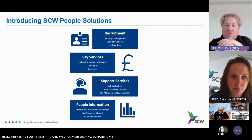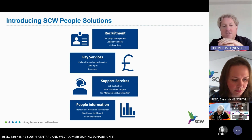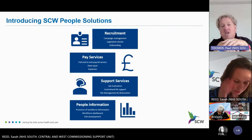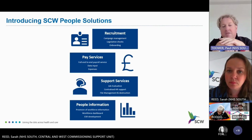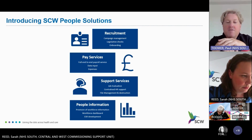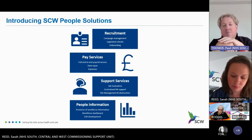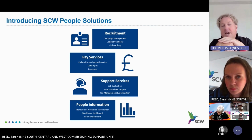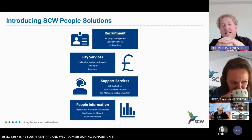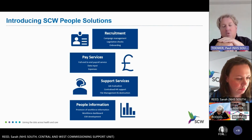So obviously there's recruitment, so campaign management, a range of legislative checks and onboarding, then through to the pay services, so full end-to-end payroll service we can deliver, and with data input into ESR for payment, and then obviously e-expenses, so we manage and run e-expenses, and then we have a